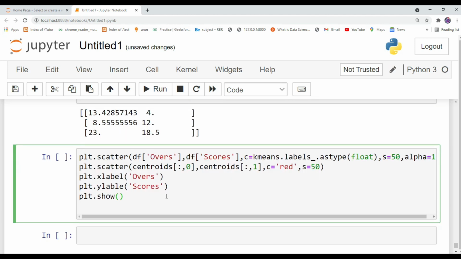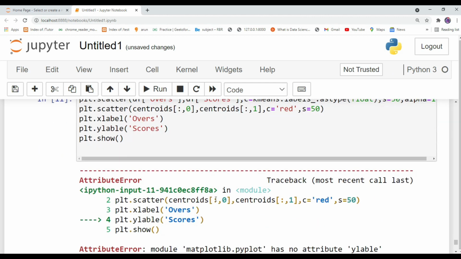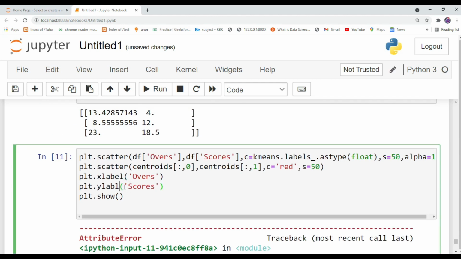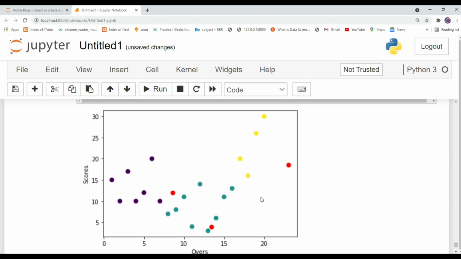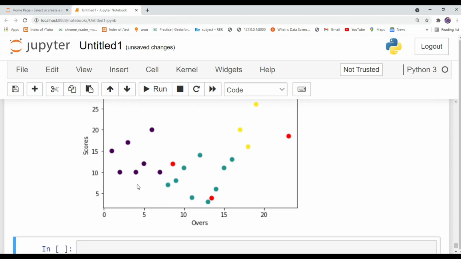And the final step is you need to plot everything including your centroid points. Why we are plotting the centroid points is so you can easily understand how the centroids are arranged and how they form clusters on your data points. That's all about the code, and let's run this program. As we expected, we got the output results. Now you can easily understand this data by looking at this graph.